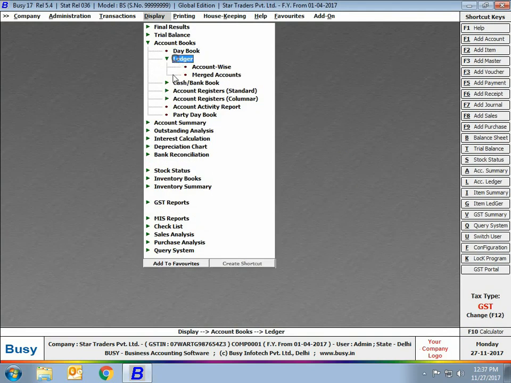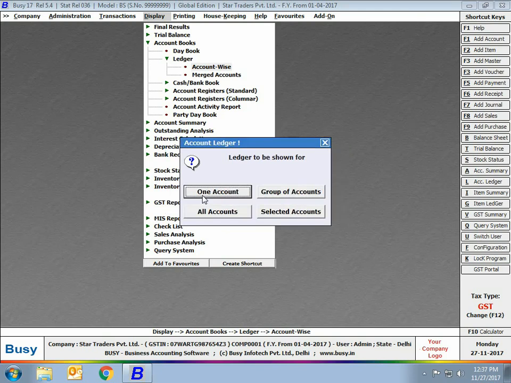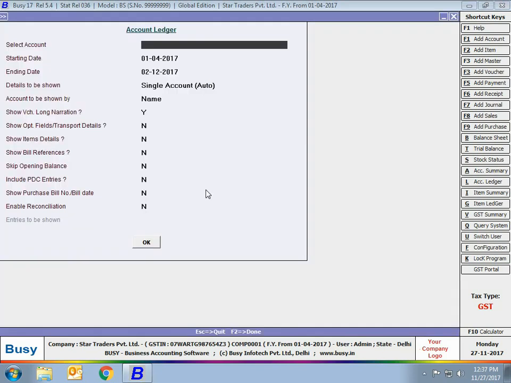Ledger report displays account-wise information relating to all transactions of the organization sequentially for a specified date range. We are viewing this report account-wise. Click account-wise option to view separate ledger for each account. We are viewing this report in standard format, and then for one account,